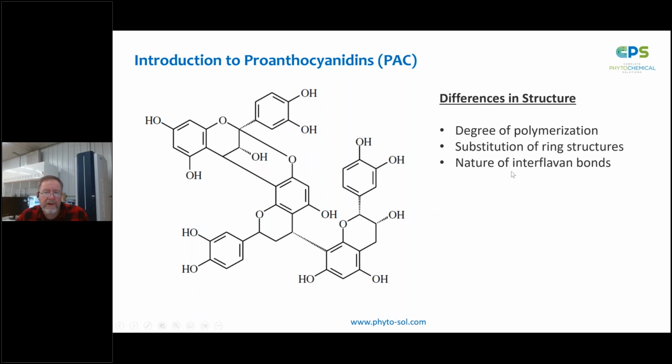And then we also have a variation in the nature of an interflavan bond. And what we're talking about here is how are the two building blocks connected? So if these two blocks are connected through a carbon-carbon linkage, we refer to that as a B-type linkage. If the two adjacent building blocks are linked through both a carbon-carbon link and a carbon-oxygen-carbon link, that's referred to